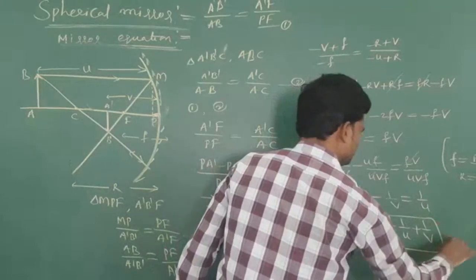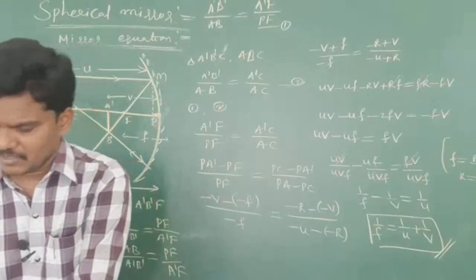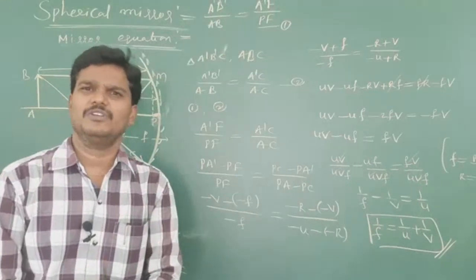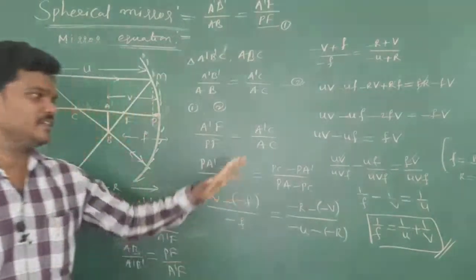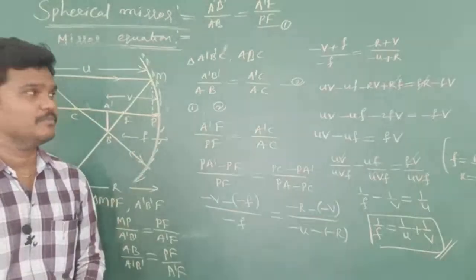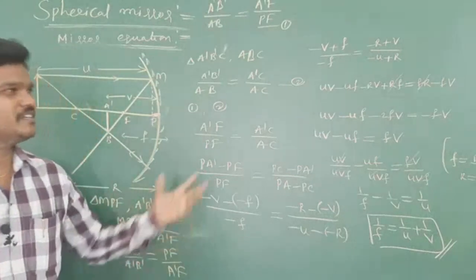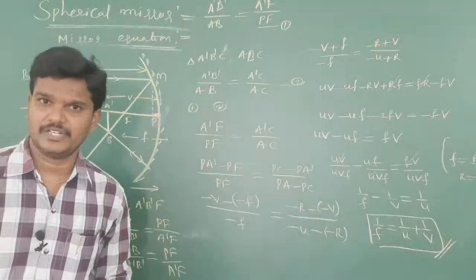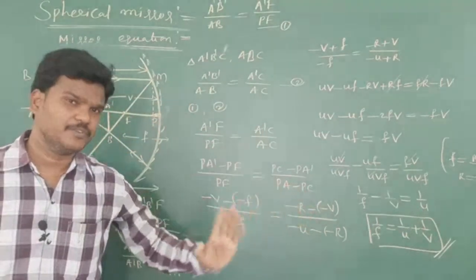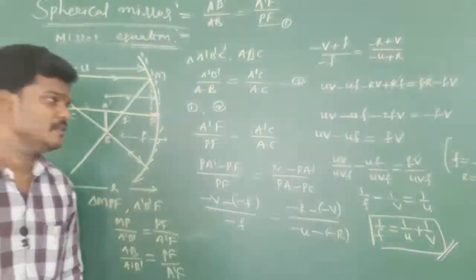Okay. So if you are interested for your subjective exam, you try to write these type of steps for your subjective exams. If you are only preparing for entrance, just concentrate on the final formula: 1 by f is equal to 1 by u plus 1 by v. I am following the NCERT way, and extending the steps only for understanding. I can write the formula directly. I told you already, if you prefer entrance, you can remember the formula directly. 1 by f is equal to 1 by u plus 1 by v.